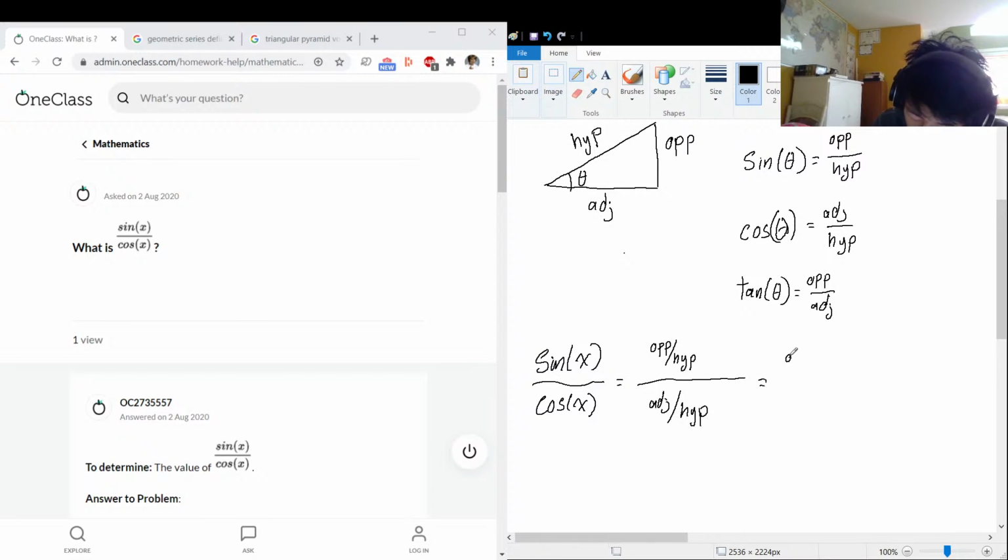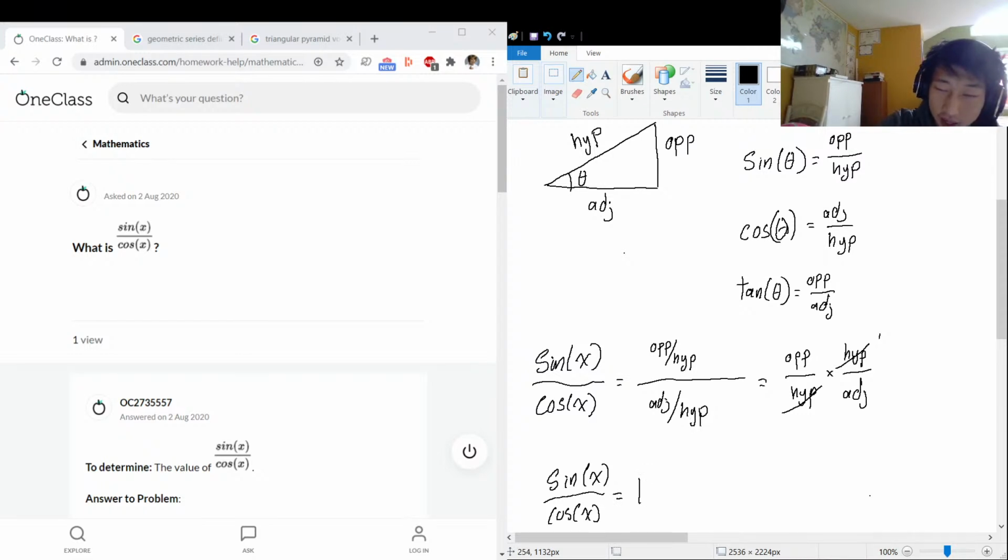We can rewrite this as opposite over hypotenuse multiplied by the bottom but inverted, so we have hypotenuse on top and adjacent. Oh, I see some mathematic magic. The hypotenuse on the top and the bottom of the fraction neutralize each other to 1. So sine of x over cos of x is actually equal to 1